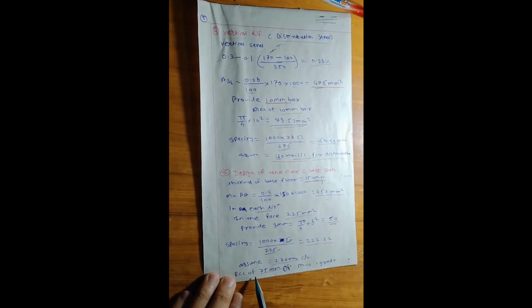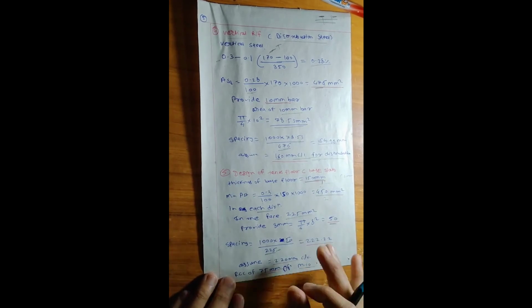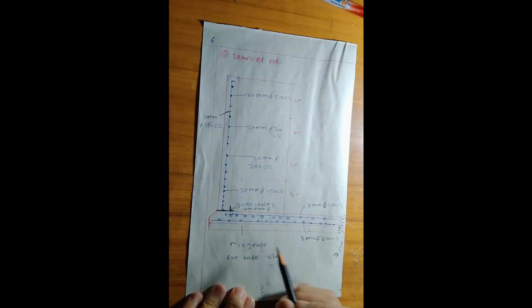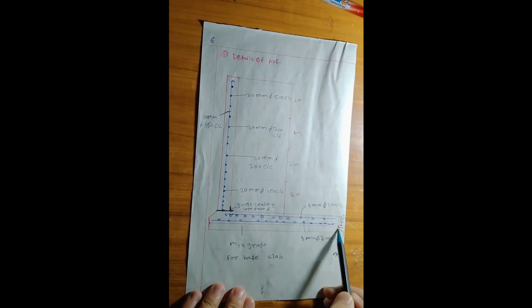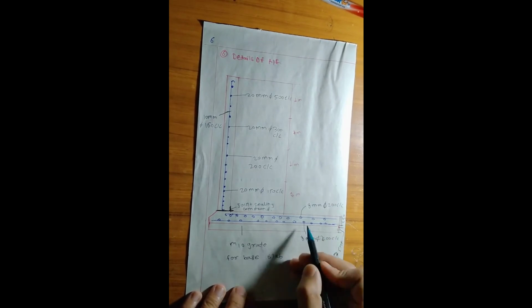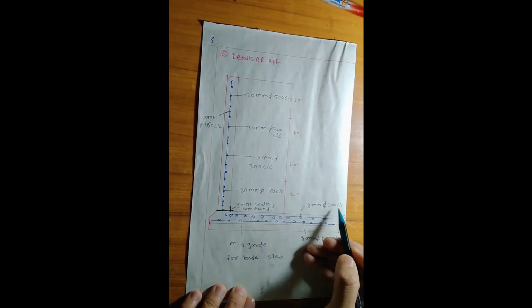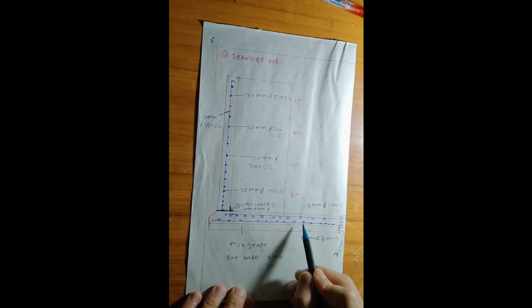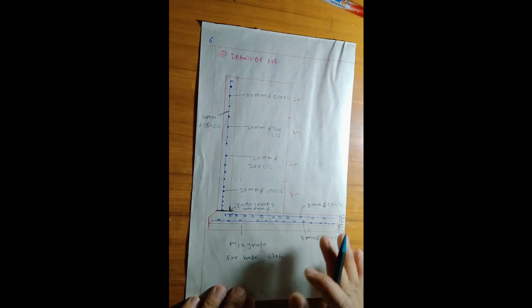In RCC, below the base slab, we require a 75 mm thick mortar of M20 grade. We also call it PCC. This is the detail of the reinforcement. This is the 75 mm PCC, and this is our roof. This is our base slab. The RCC base slab is 150 mm thick with 8 mm bars at 200 center to center, and main steel and distribution steel are the same in the base slab.